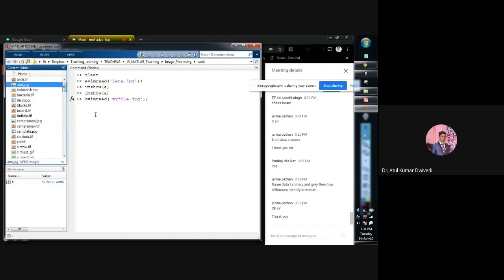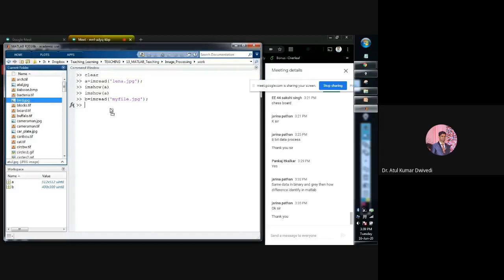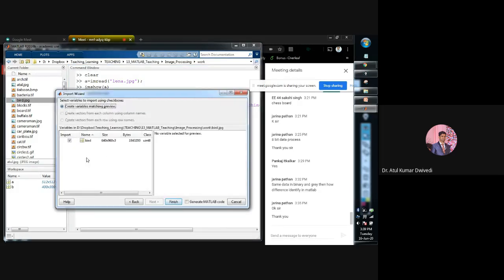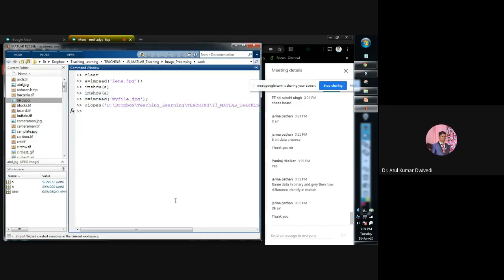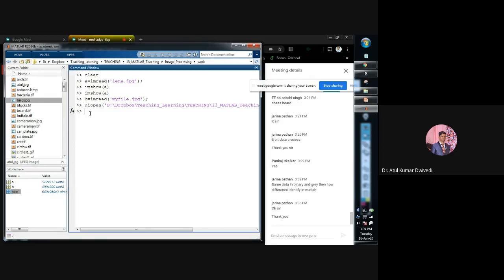Okay, one more thing. If you don't want to write this command, you just want to take images. Suppose I want to take word.jpg into my command window. You can just drag it from the current folder to this. This will automatically open the import wizard in the interactive window, and you just have to click Finish. After that, this will generate a variable with the same name as the image, that will save the data of the image. Now you can write the command imshow